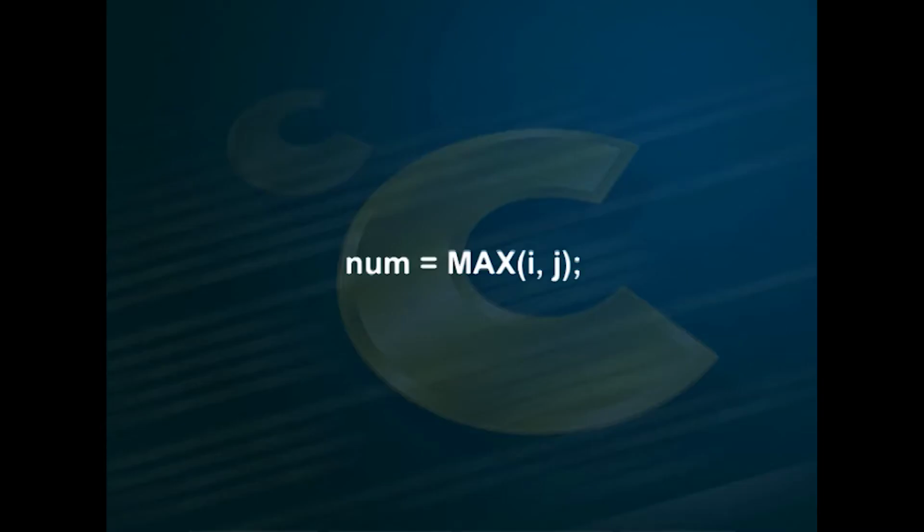When the preprocessor finds the word max followed by a group in parentheses, it expects to find two terms in the parentheses and will do a replacement of the terms into the definition of max. The first term will replace every A in the definition and the second term will replace every B in the definition. Somewhere in the code, if we have a line num = max(i, j), then num is assigned the value of i or the value of j, whichever is greater. Similarly, the min macro will find the minimum of the two numbers given in the brackets.